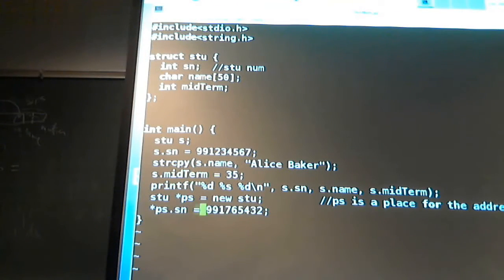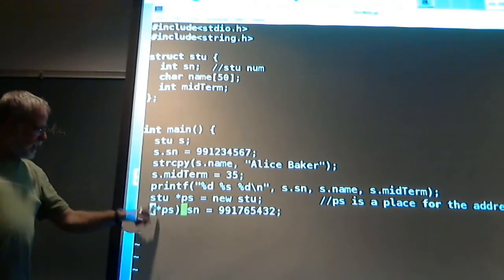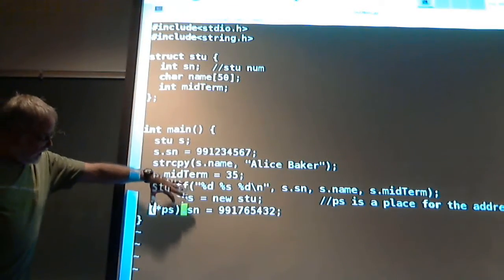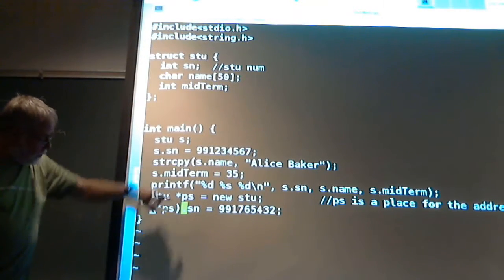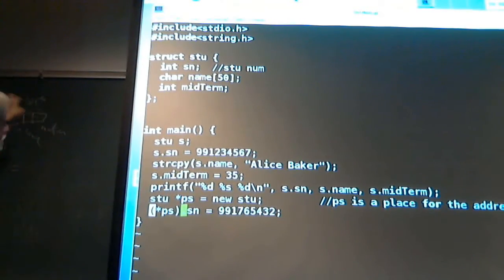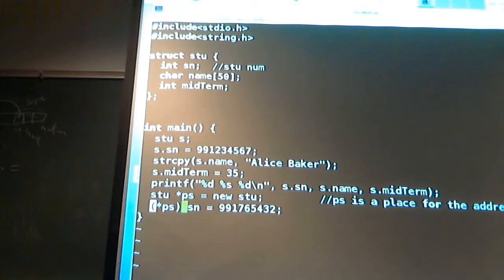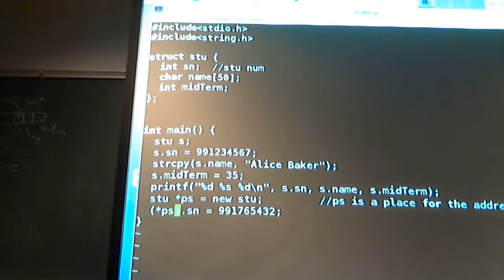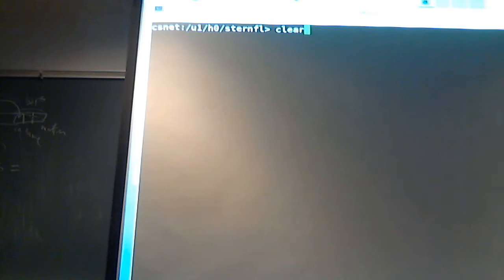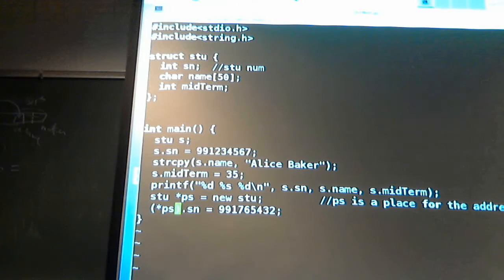So there's two ways of fixing this. Here's the first way: we tell C++, we put parentheses around this, so we're saying, by God, we want you to give us the student. PS is an address, but asterisk PS is this other place. We're insisting we do the asterisk before the dot by putting the parentheses in. Okay, let's see here. Hey, it doesn't complain anymore. However, again,